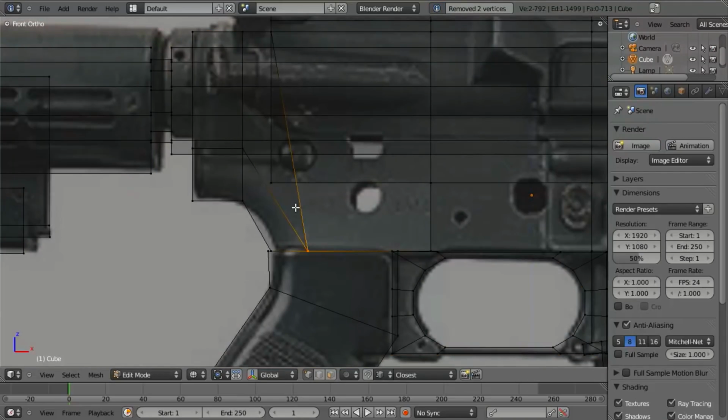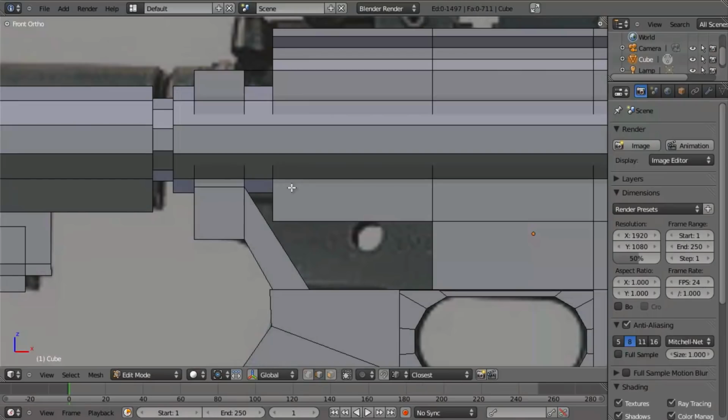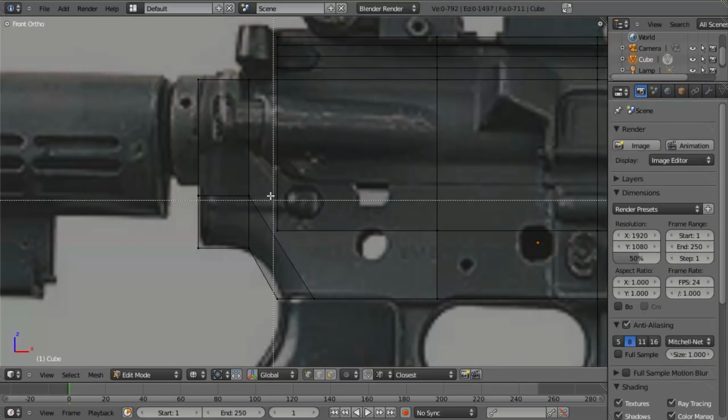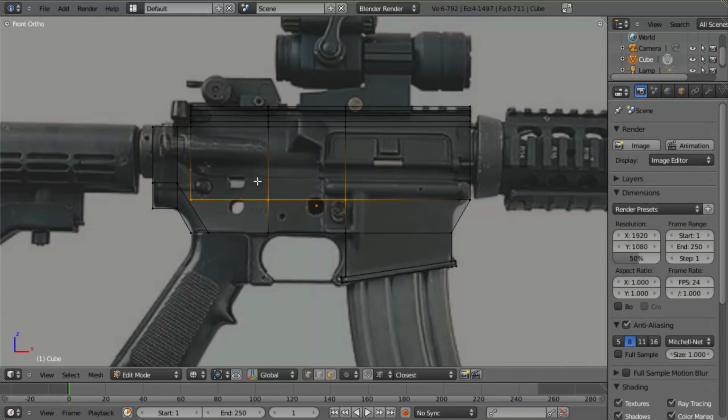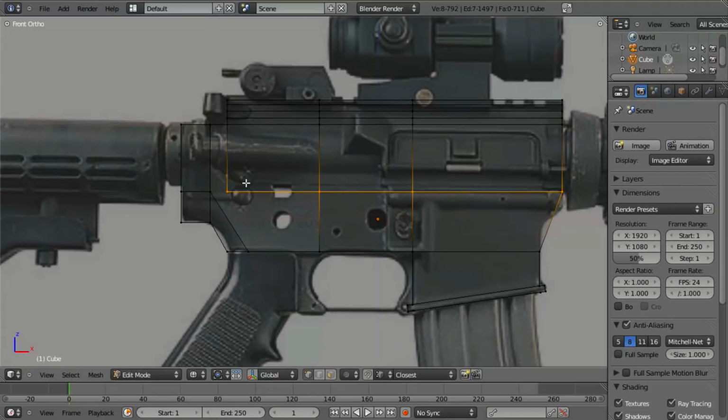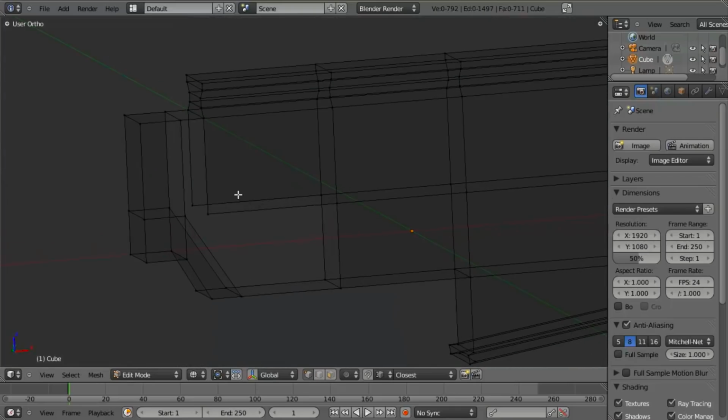Then we want to just split this back up. So I'm going to remove these two edges, go back into face mode. Let's select this whole thing and hit Shift H, and let's pull these areas up right here. Let's pull them up to this point, which is also this ridge here, which works out really nicely. And so we can just select these and fill in the faces,